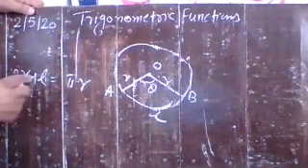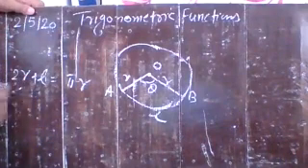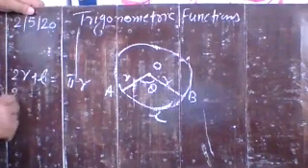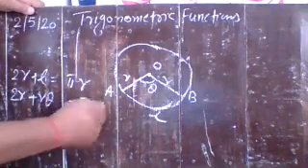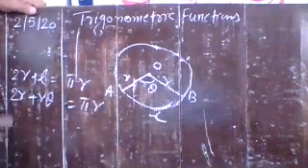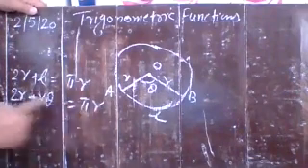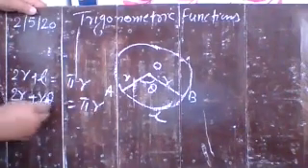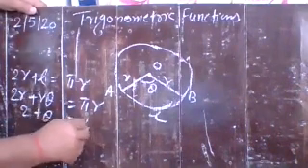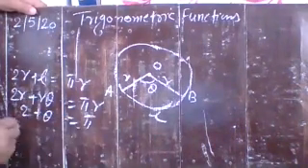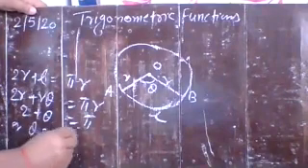Okay. And you know L is equal to R theta. So note it. 2R plus R theta is equal to pi R. So in this way, R is cancelled out from each term. So 2 plus theta is equal to what? Pi. So theta is equal to pi minus 2.